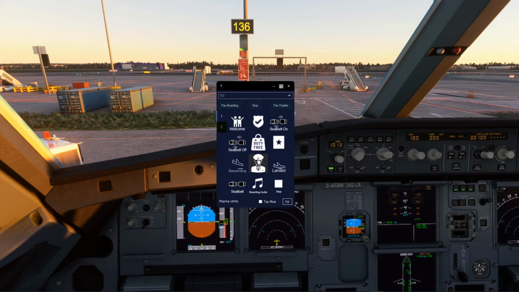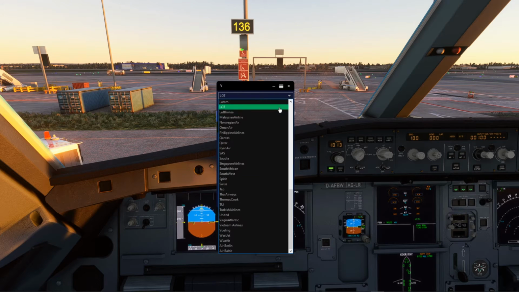Wow, that's a long intro to announcement, isn't it? Welcome to your flight with TUI. Whether it's your first flight or your 50th. Okay, so we get the idea. Pretty amazing, really, to capture all these different languages and airlines. So it's no small feat, is it? But there we are, we have it, and